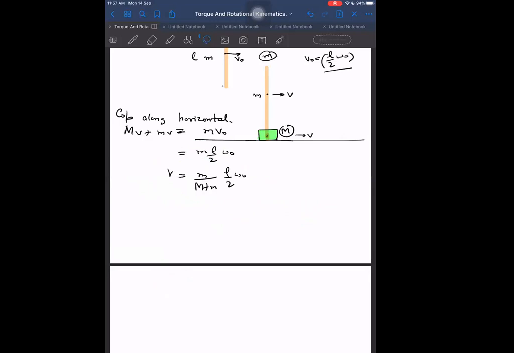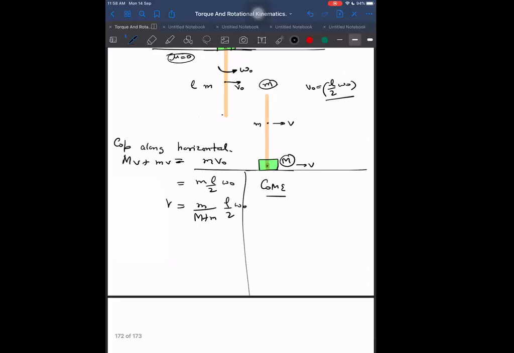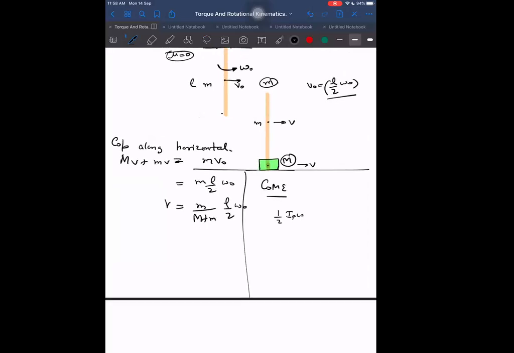By conservation of mechanical energy, we get another equation, and that will be, can you write, initial mechanical energy, initially half I_P omega square, half of I_P into omega naught square, that is initial. Finally, it raises height, potential energy increase MGL,